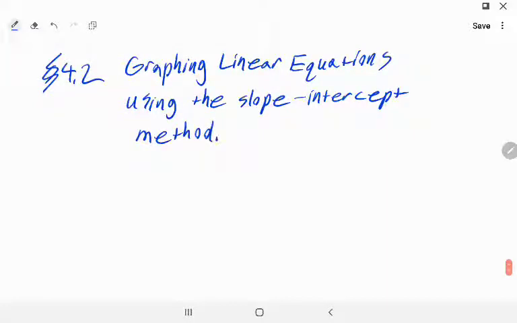Notice this tends to be one of the more straightforward ways of describing a line. We notice that a positive slope